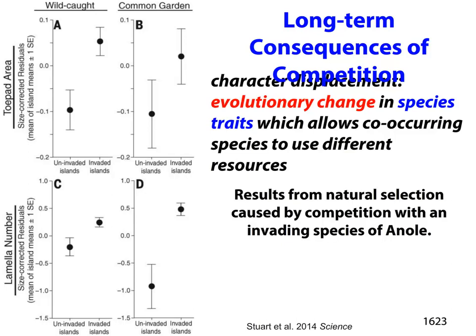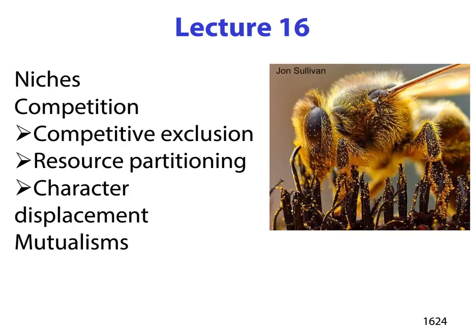So they are living at the upper levels of the canopy so they don't interfere, okay? So it's not as if this just happens in 1 or 2 generations. They've actually adapted to living in those particular areas, which is actually really cool. Now, if the competitors were to be removed, then they might lose their toe pad area and they might lose their lamellae number and go back to where they were before. However, for right now, this is what the data shows. And this very strongly suggests resource partitioning as they take advantage of the higher canopy where they can outcompete that invader species.